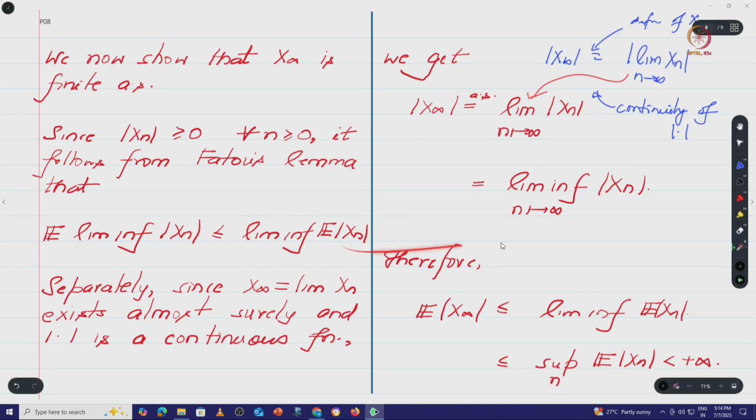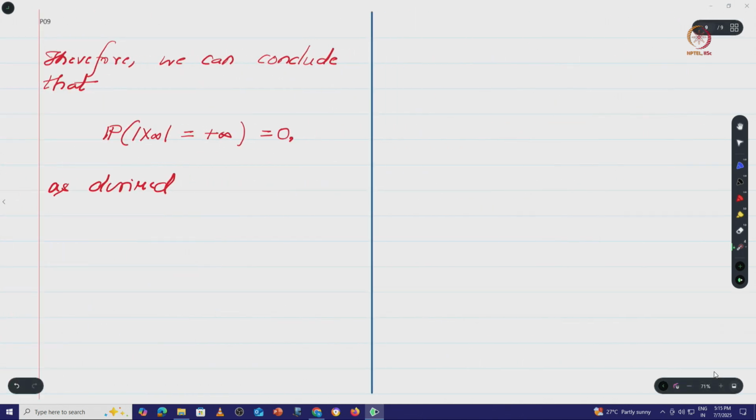So we are just putting this over here and using these facts to write this left hand side, right, and one can trivially see that the liminf of expected value of xn, just from the definition of liminf, is upper bounded by the supremum of expected value of xn's, right, and the supremum of expected value of absolute value of xn is presumed to be less than infinity, because we have presumed that your sequence xn is bounded in L1, right,